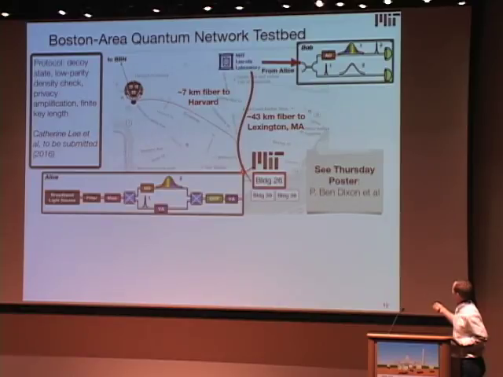At MIT main campus, we have fibers going to Lincoln Laboratory, which is in Lexington. This is a 43-kilometer fiber. We also have fiber going to Harvard, 7-kilometer. These are dark dual-stranded fiber lengths, and from there it actually goes out to Raytheon BBN and Fresh Pond in Cambridge. And so the protocol is summarized here. Catherine has a poster on it.